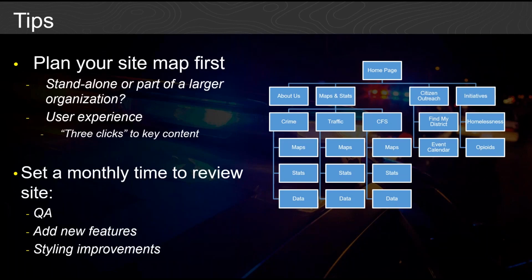do some quality assurance: make sure links are behaving the way they're supposed to, make sure descriptive text makes sense, and leverage new capabilities as you do upgrades to your ArcGIS Enterprise environment to improve the experience. And as you get more comfortable and familiar with the capabilities of ArcGIS Enterprise Sites, in particular, ArcGIS Enterprise Sites depends quite heavily on the ability to use HTML, CSS, Bootstrap,